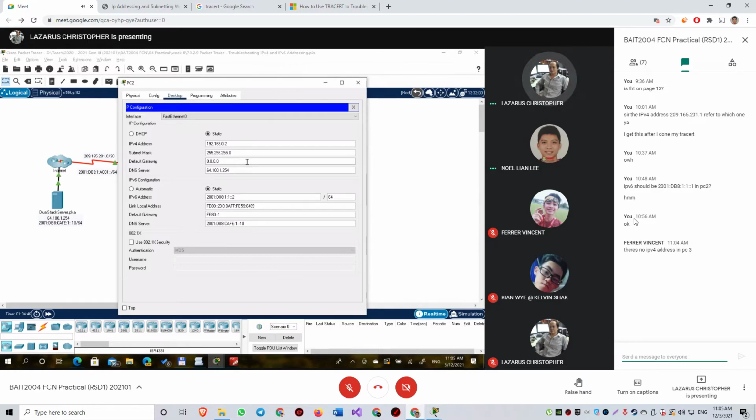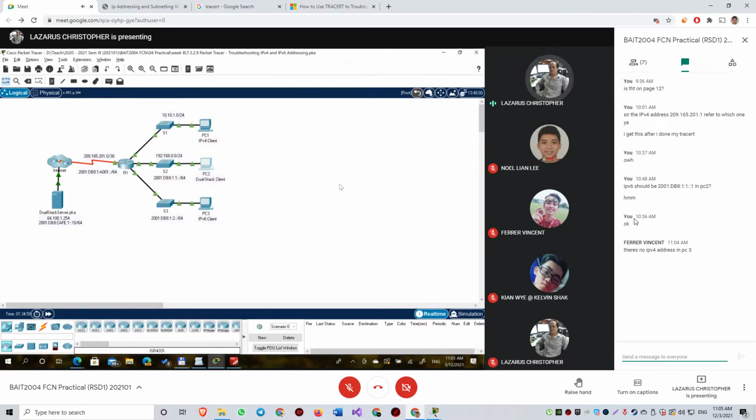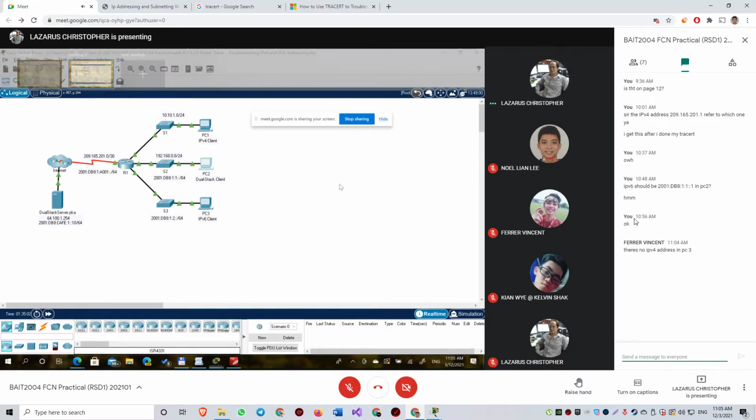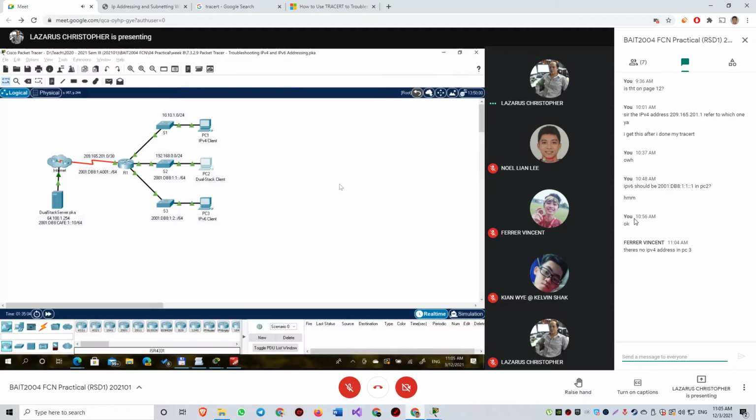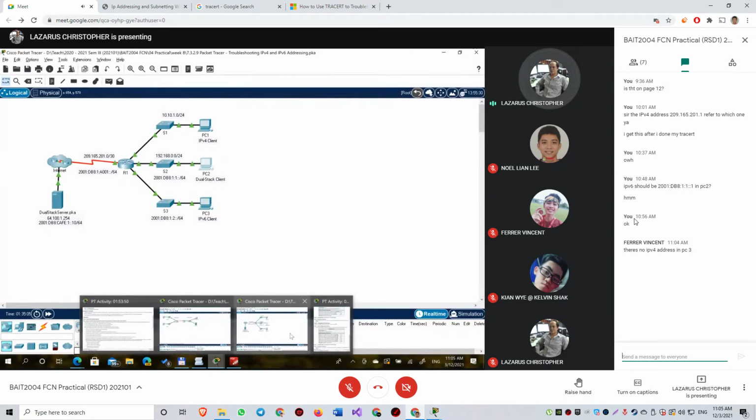IP version 4. Did you fix this default gateway? Yeah, I did change. So you changed this one, right? Okay, so that means PC2 should be able to ping PC1, but